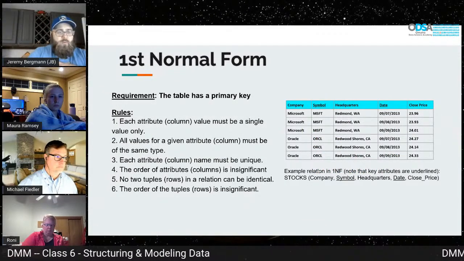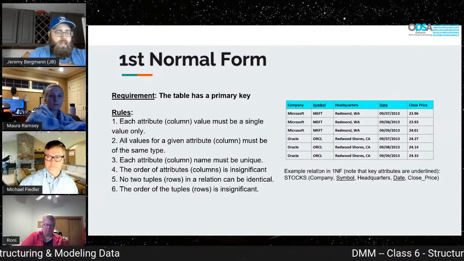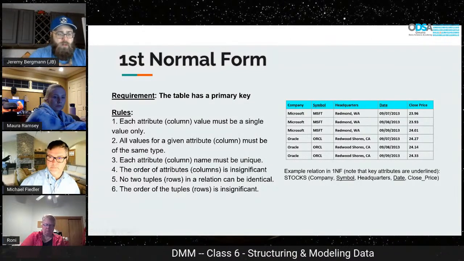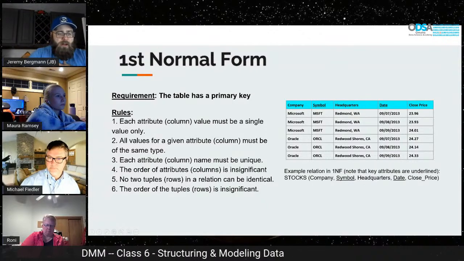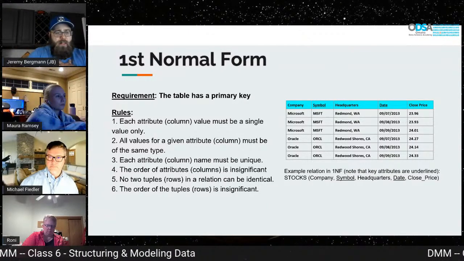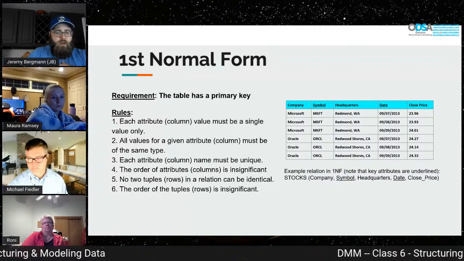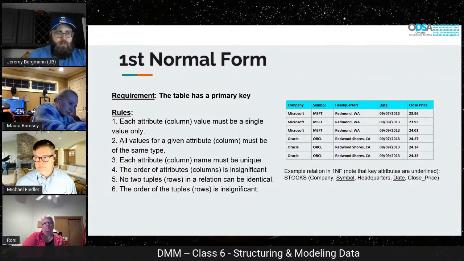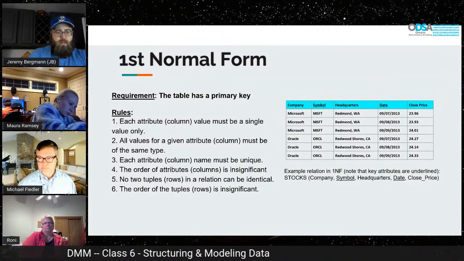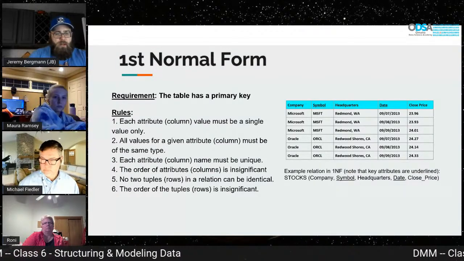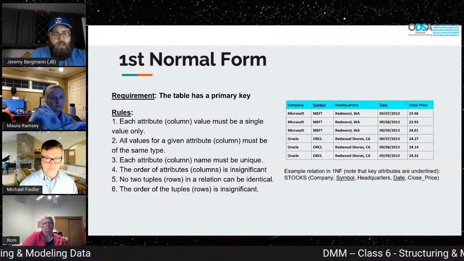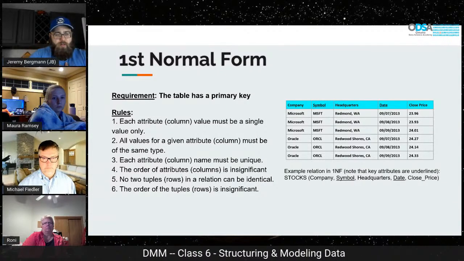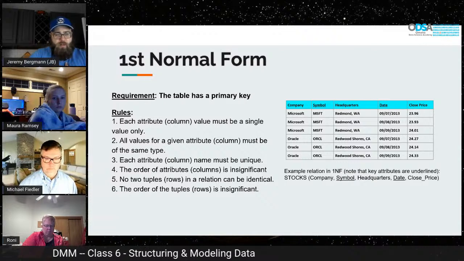So first normal form: your goal when you design any table should be to have it at least in first normal form. Now, if you're just importing a data set out of a spreadsheet, maybe it's not that important right away to have a first normal form table, because you just want to import it and do some things with it, use SQL, and maybe join it to something else. But if you are designing a table within a system or for analytical purposes, having first normal form is important,